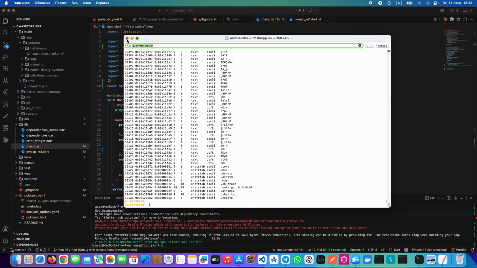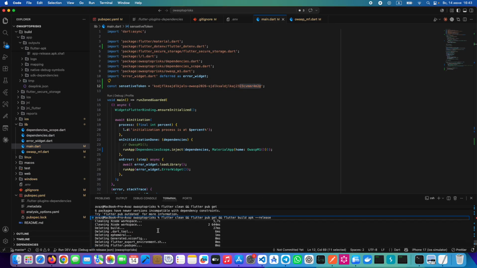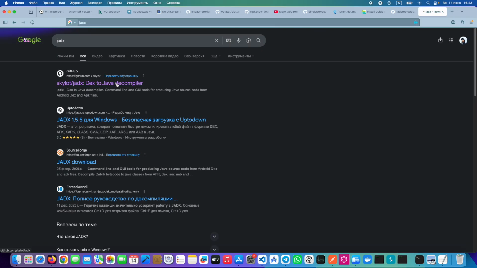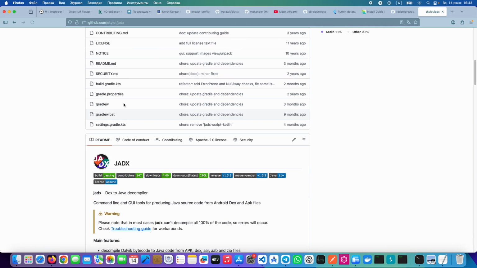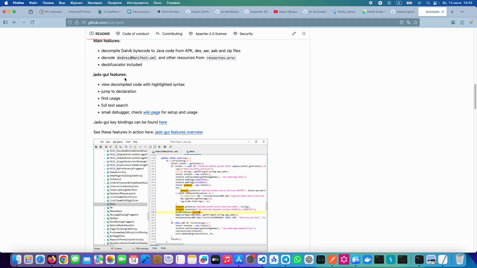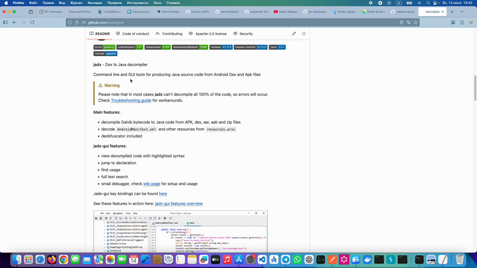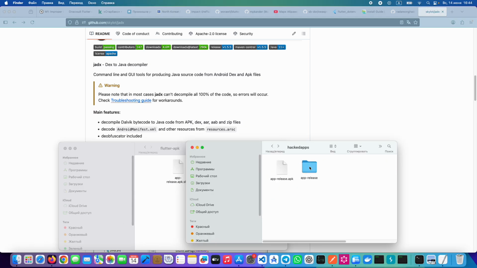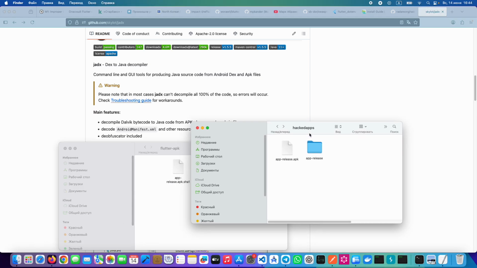So another thing that I wanted to show you is Jadx. It's a Java decompiler, which is very interesting especially for Android reverse engineering. But since our Flutter also uses Android, all that stuff can be decompiled as well, reverse engineered, I would say. So look, since we have an app release here, APK, okay,